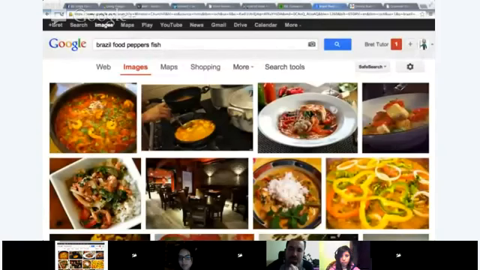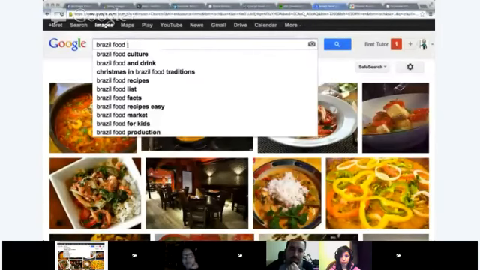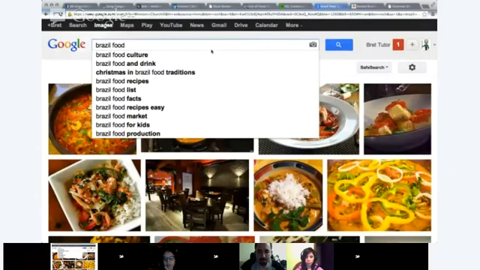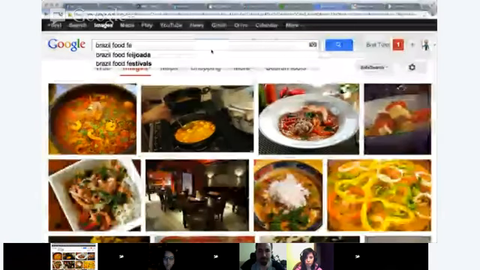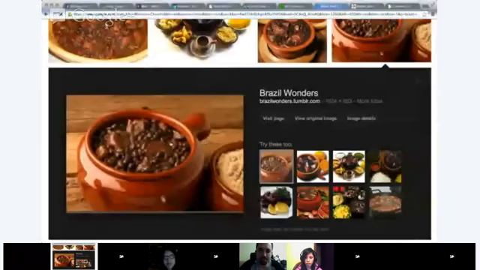What's a famous dish? What's a famous Brazilian dish? What's the name of it? An English name of a famous Brazilian dish? I don't know the English name, but in Brazil it's feijoada. How do I spell that? Okay, here we go. So describe this dish for everybody. Describe what's inside it, with the beans and everything else. Go ahead.